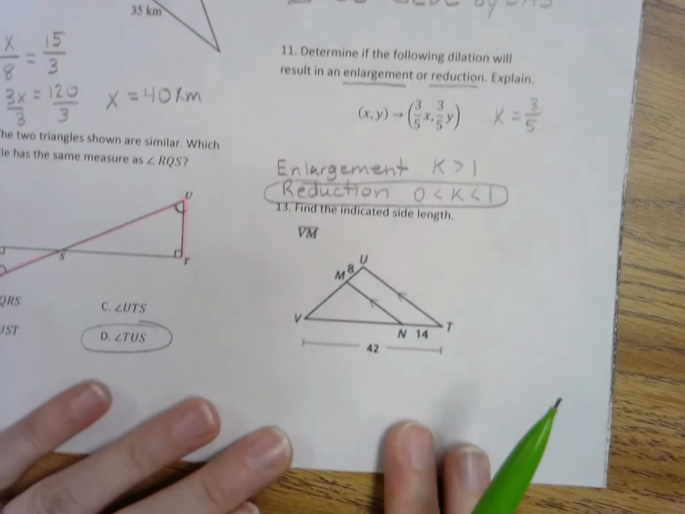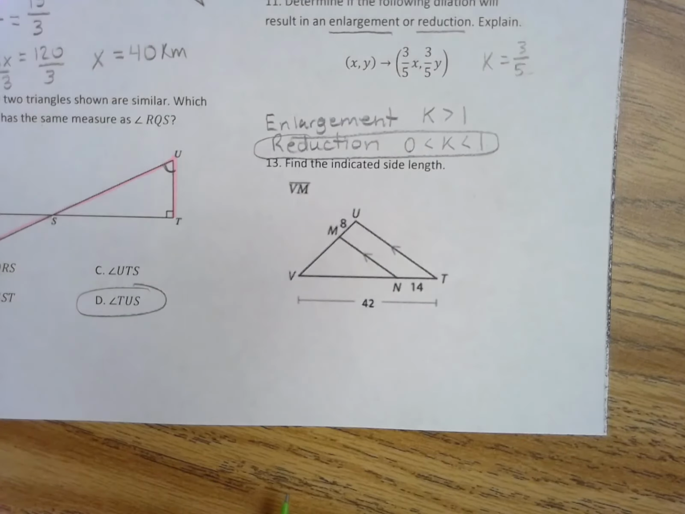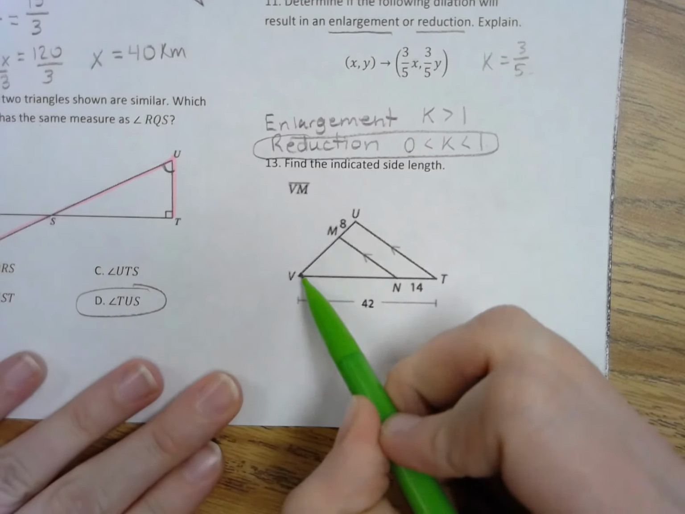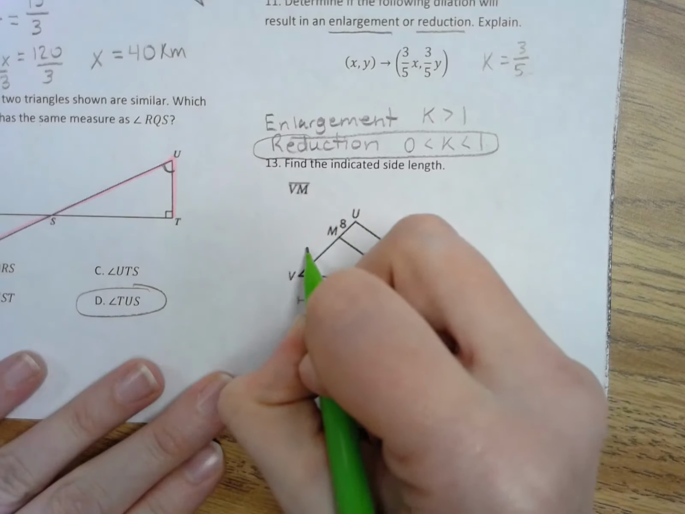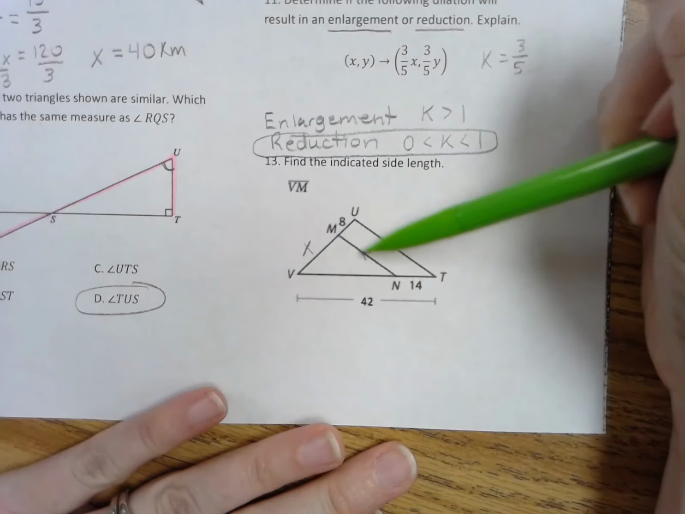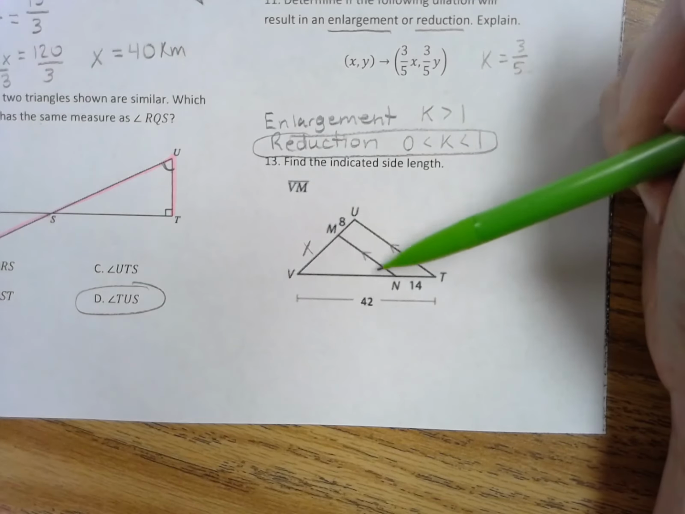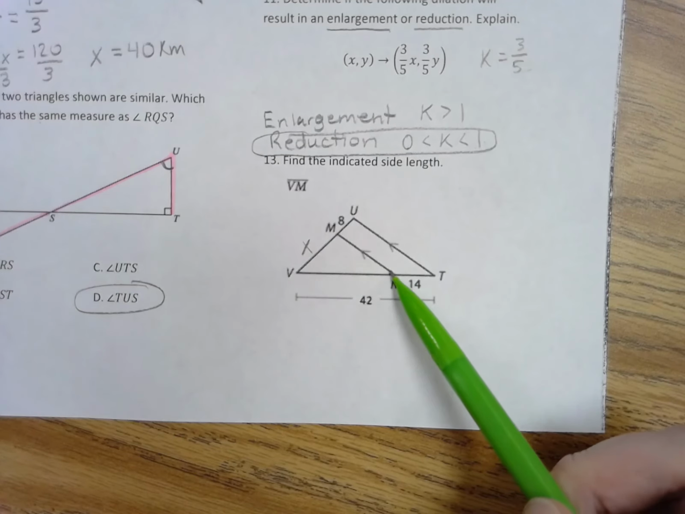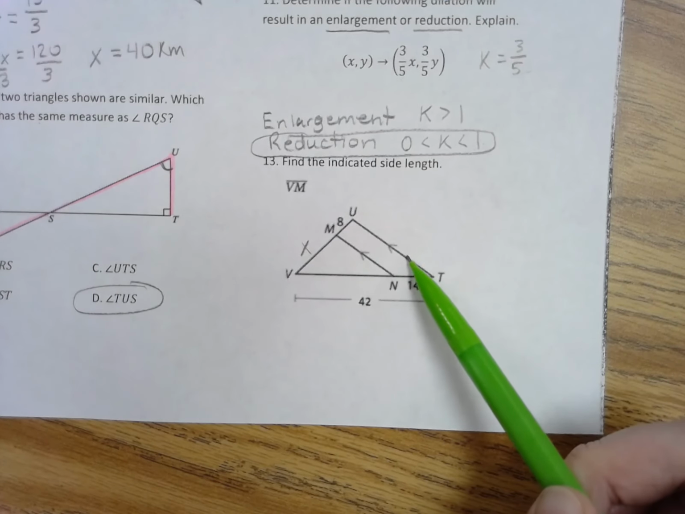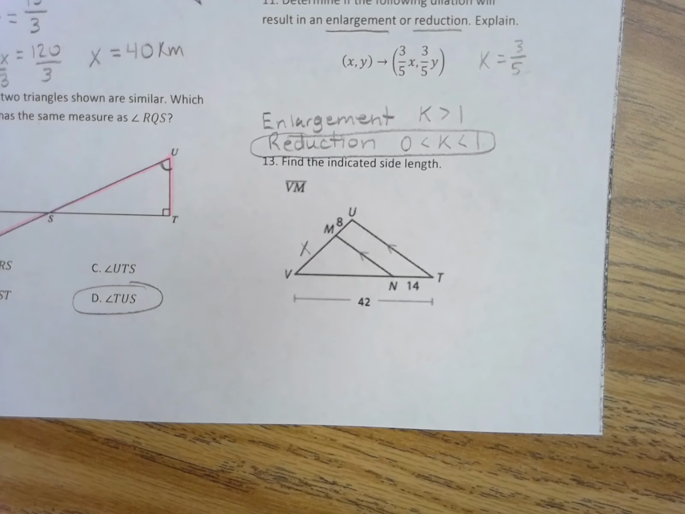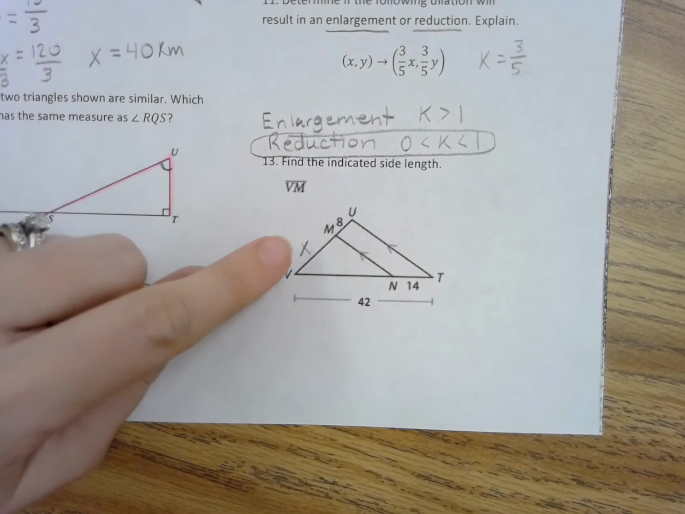Let's now look at number 13. We're going to find the indicated side length. It wants us to find VM. So here is our side length V to M. When we work with these, if a line is cut through the triangle and it's parallel to a side of the triangle, then the sides of this triangle are proportional. So we can set up